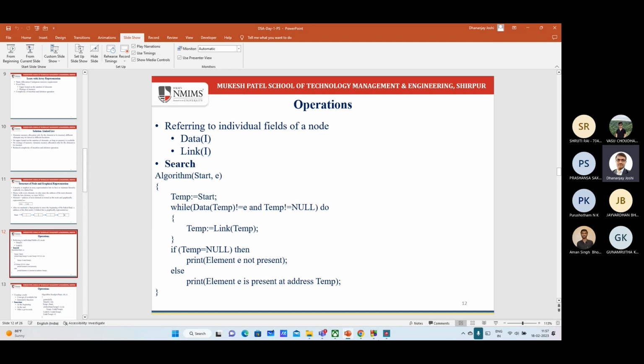तो अगर इस लूप से बाहर आ रहे हैं और डेटा फील्ड ई के इक्वल होने की वजह से अगर बाहर आ रहा है तो टी का वैल्यू नल नहीं होगा, उस केस में एलिमेंट इज प्रेजेंट एट द एड्रेस टी, और टी इक्वल टू नल होने की वजह से बाहर आ रहा है, द लूप इज टर्मिनेटिंग व्हेन टी इज गेटिंग इक्वल टू नल, वो अभी हमने डिस्कस किया कि इट इज सिग्निफाइंग दैट एलिमेंट इज नॉट प्रेजेंट इन द लिस्ट, ठीक है। ये सर्चिंग ऑपरेशन है।